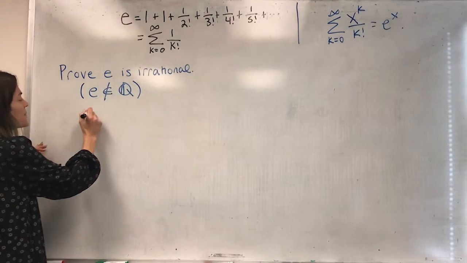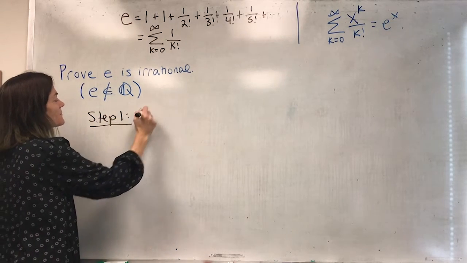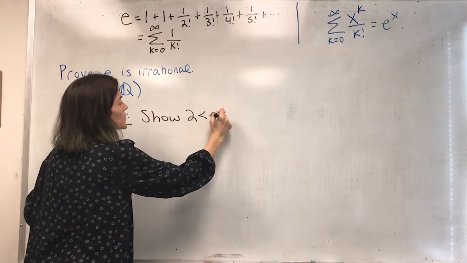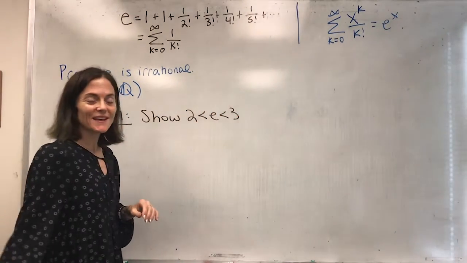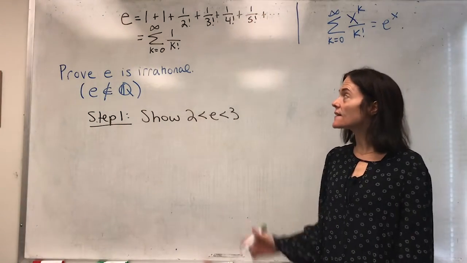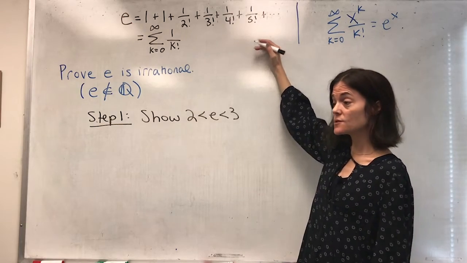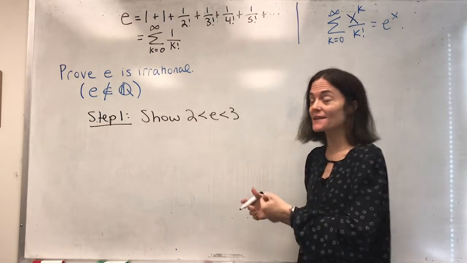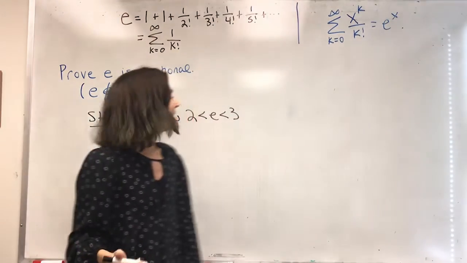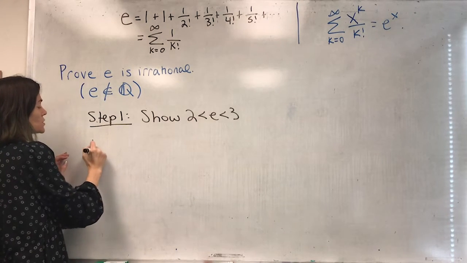The first step is we must show that e is between 2 and 3. Now, as I mentioned, I am not using a calculator here. I am going to use this as the definition of the number e. So I won't type it into a calculator to realize this. I'm using this only. Okay, well, to see that e is greater than 2,